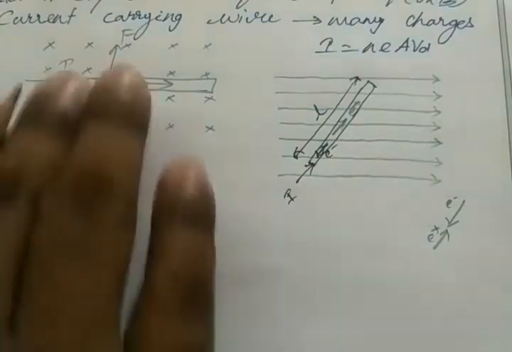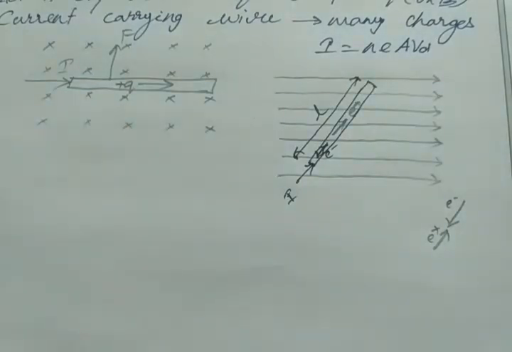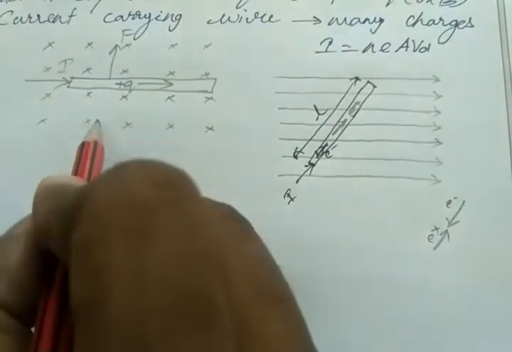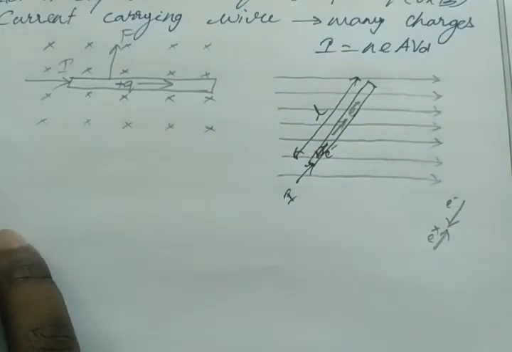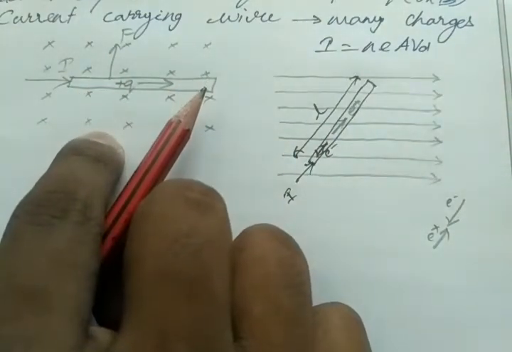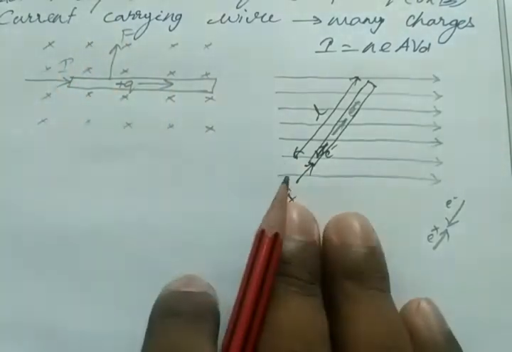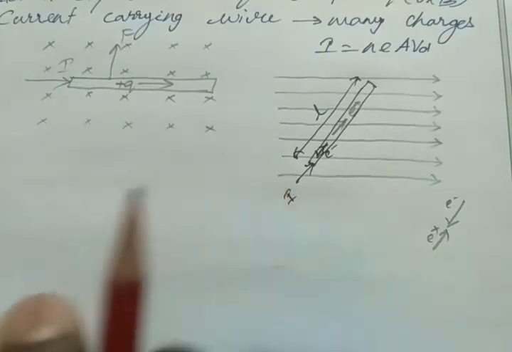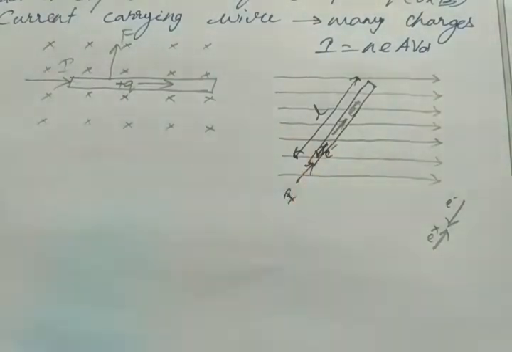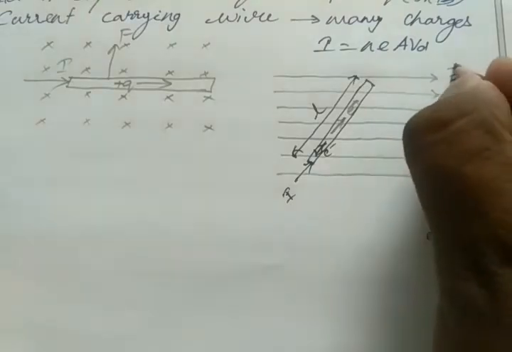If it is a negative charge, then I have to change the rule. For negative charge, my force is coming downwards. The same right hand palm rule, but here our force is coming downwards for negative charge. So for all kinds of reference we use positive charge. So here also we take positive charge. So my positive charge is moving in this direction. Clear? So here we have a uniform magnetic field.